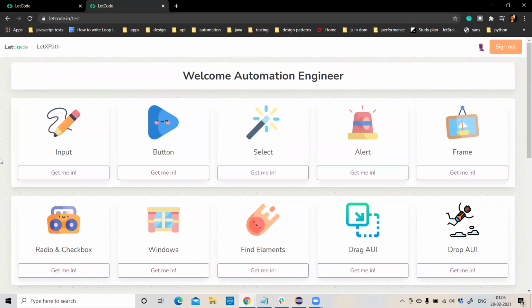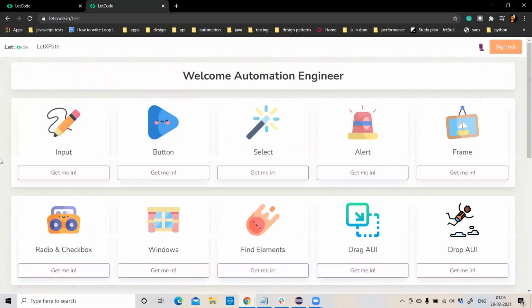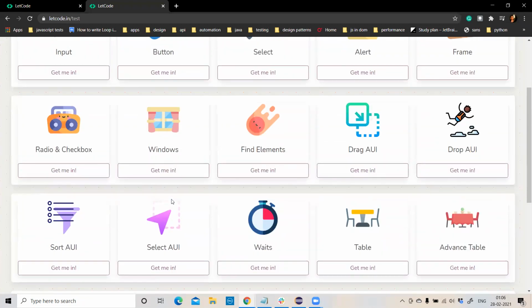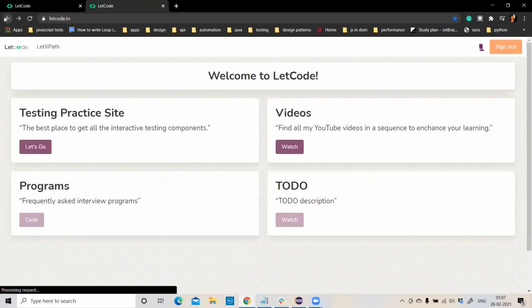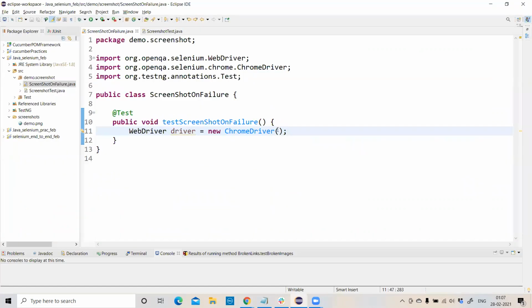You have lots of elements here, almost all kinds of elements in Selenium, like input, button, select, alert. So you can practice and improve your Selenium skills. So let's use this website.